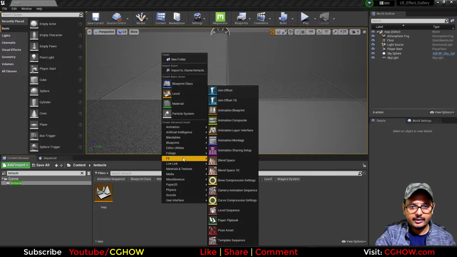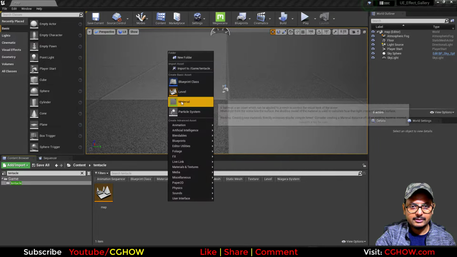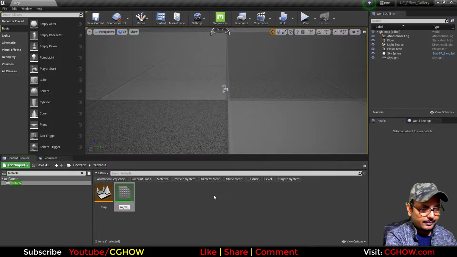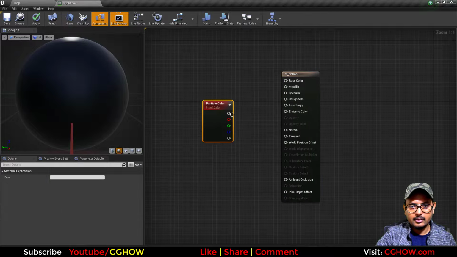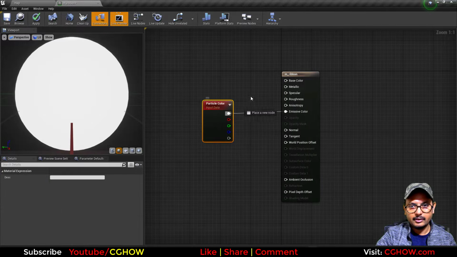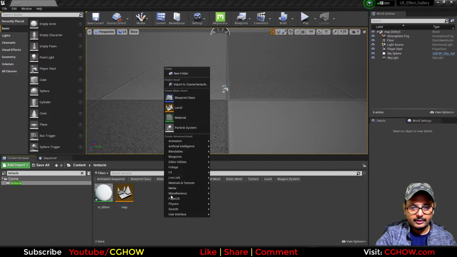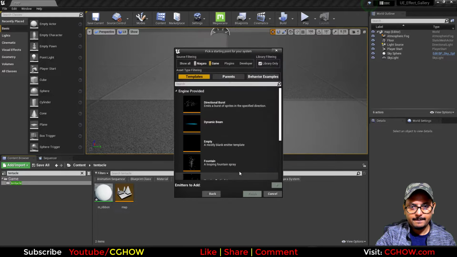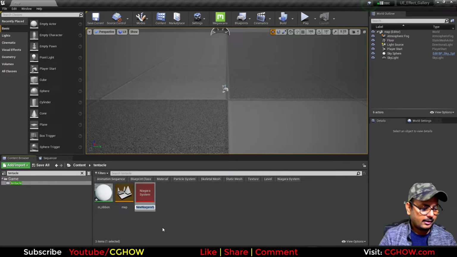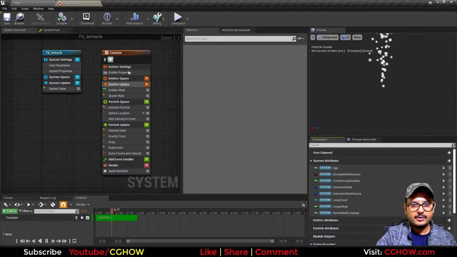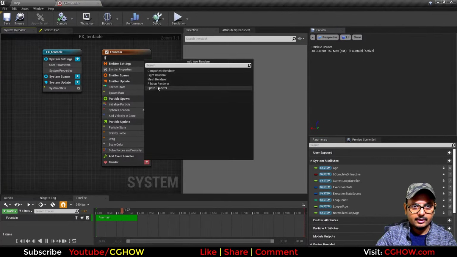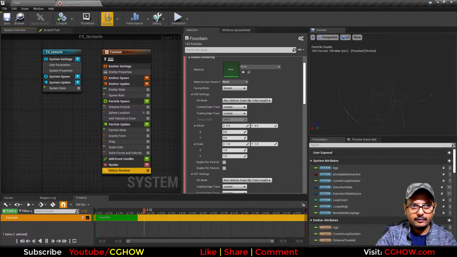Okay, and here I will first create a basic material, M ribbon, and just basic color for now, particle color in emissive, or I think maybe in this one, and that's it. And then I will create a FX fountain and FX tentacle. Save all, open this. I'll remove this and take a ribbon here, and in ribbon I will use that material,